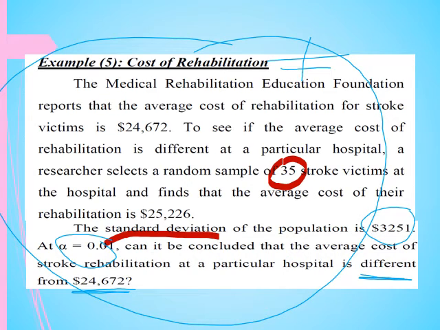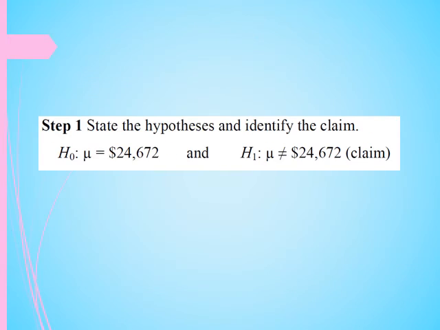So you should read the situation very carefully to be sure what the null hypothesis and the alternative hypothesis are, because this is the most important part of the first step, which is stating the hypotheses and identifying the claim. Our claim here is H1, where mu is not equal to this certain value, but the null hypothesis is mu equal